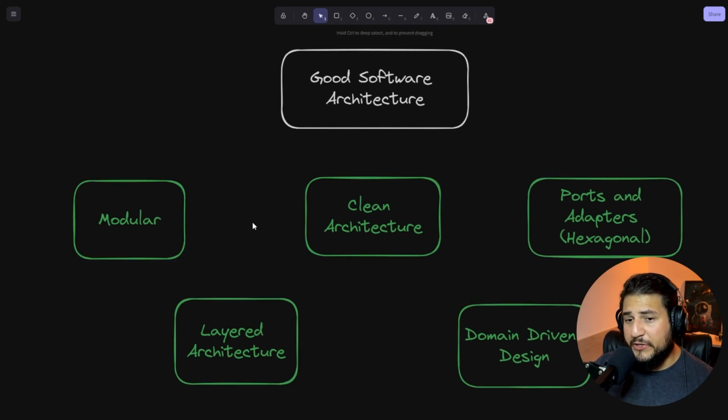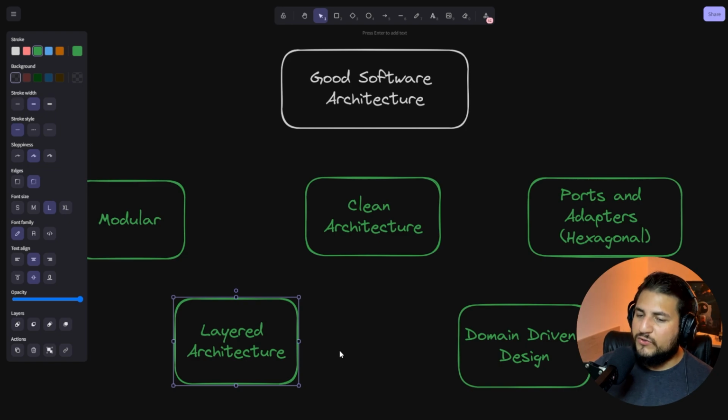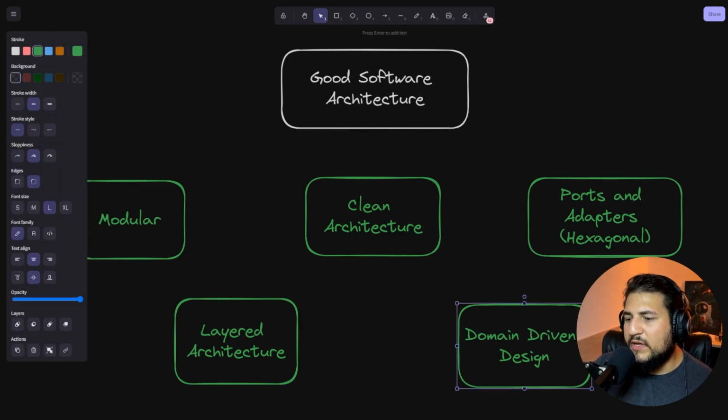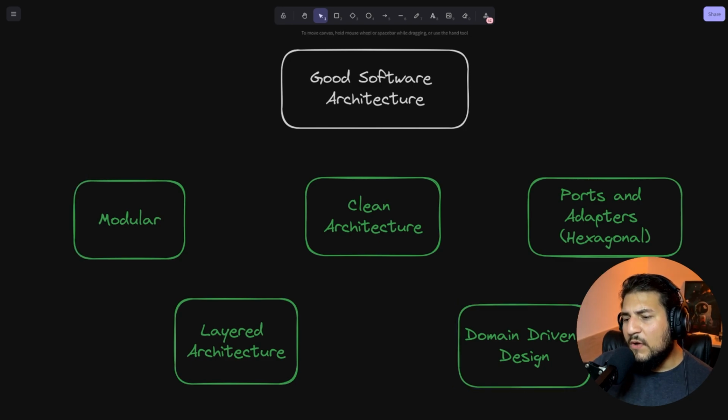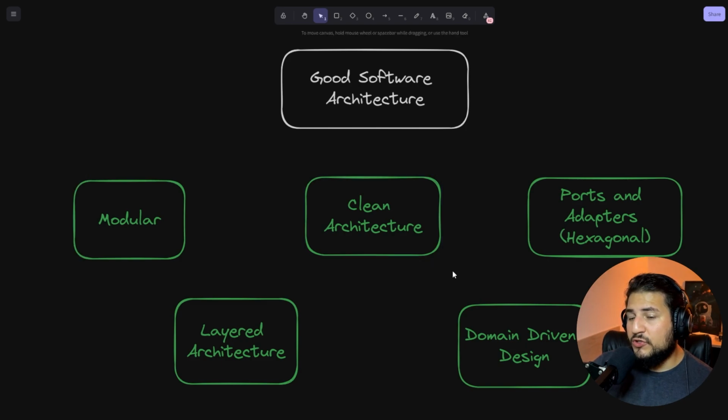We have a few here: the modular, clean architecture, ports and adapters, layered architecture, also known as N-tier architecture, and domain-driven design. We also have more, but those are the most famous ones, and each one of them is great to decouple your software